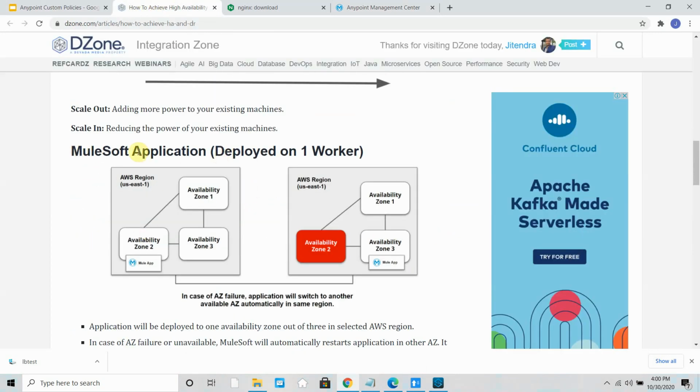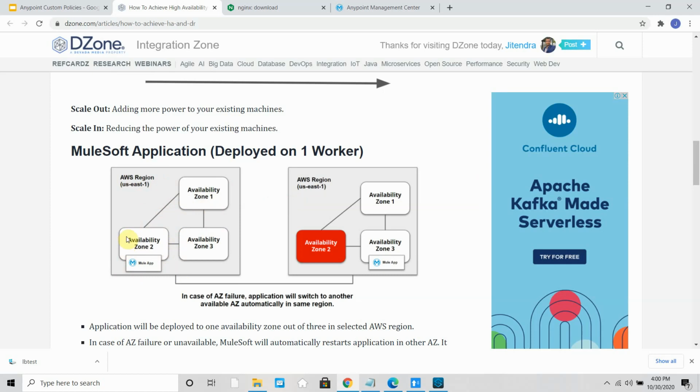When you deploy an application on one worker, you generally select the region in which you have to deploy the application. Each region has three availability zones. If you select US East 1, in US East 1 there are three availability zones, and it will deploy the application in any one of them. We don't have control over which availability zone it deploys to; it happens automatically.